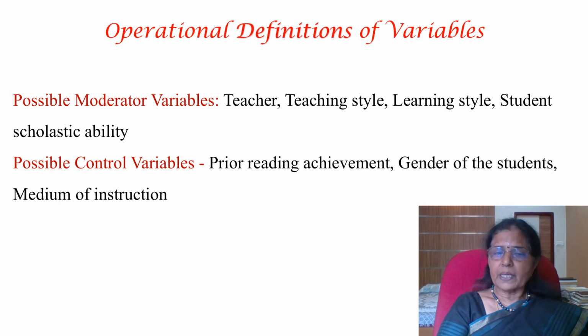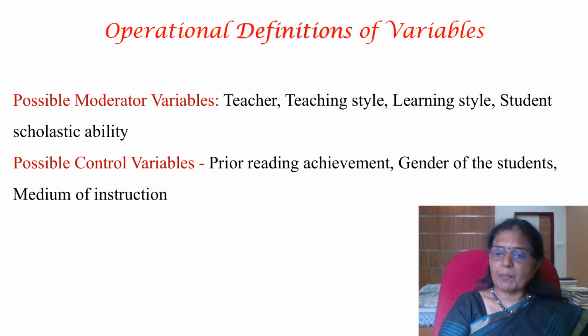The control variable is also of secondary concern to the researcher. They are not the primary focus. Like the moderator variable, the control variable is also of secondary concern to the researcher. But the only difference between moderator variable and control variable is that the control variable can be controlled by the researcher